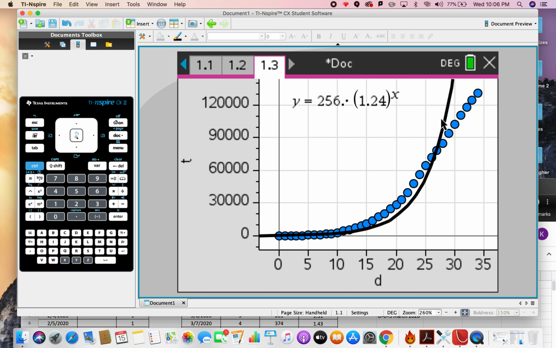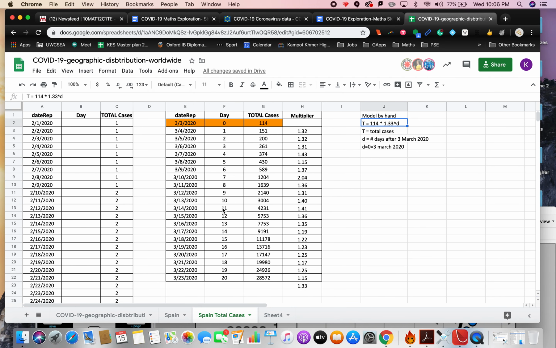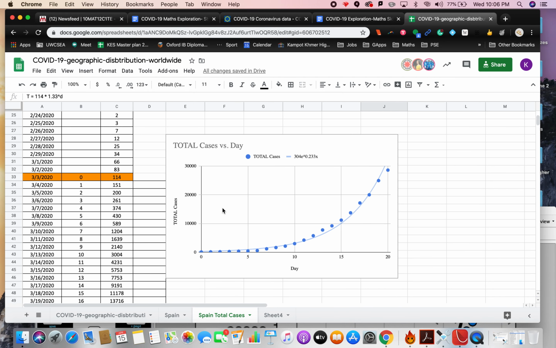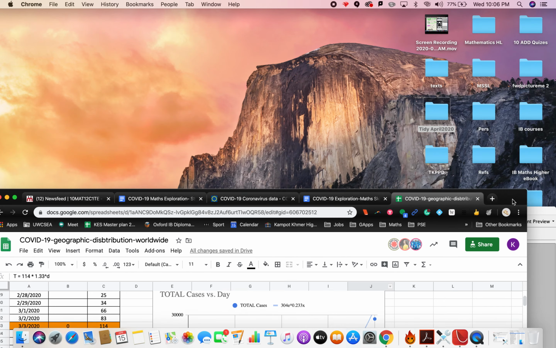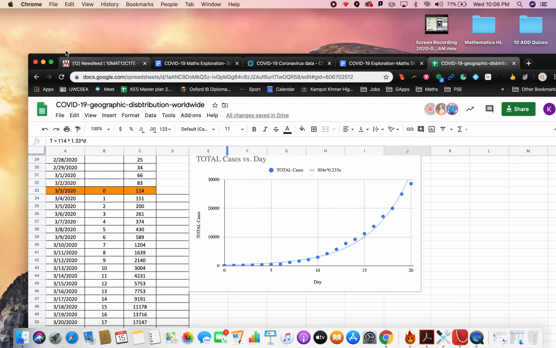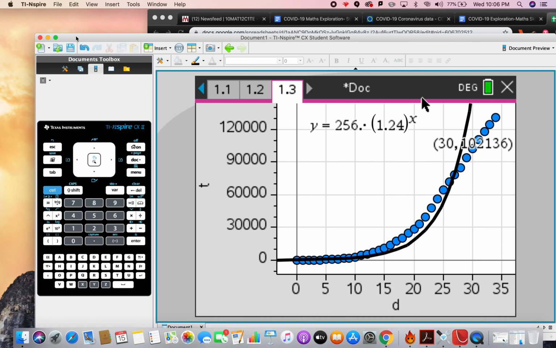But now just looking at it visually, it's quite interesting, isn't it, to see if it is a better fit than the actual graph that we had originally. And again, this is just a visual eyeball just to see what might be happening. Okay, so there's one way of getting a different model using TI-Nspire, and we're going to come back to the TI-Nspire,